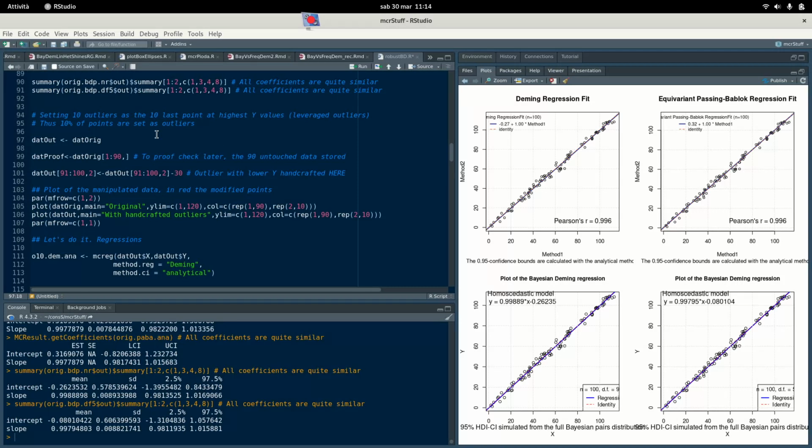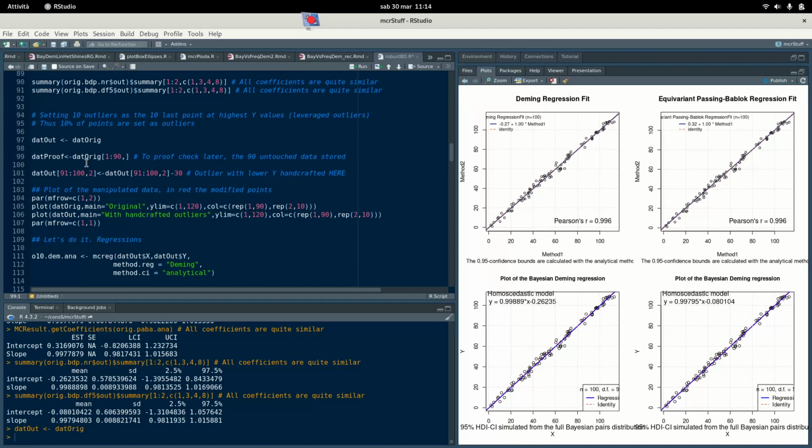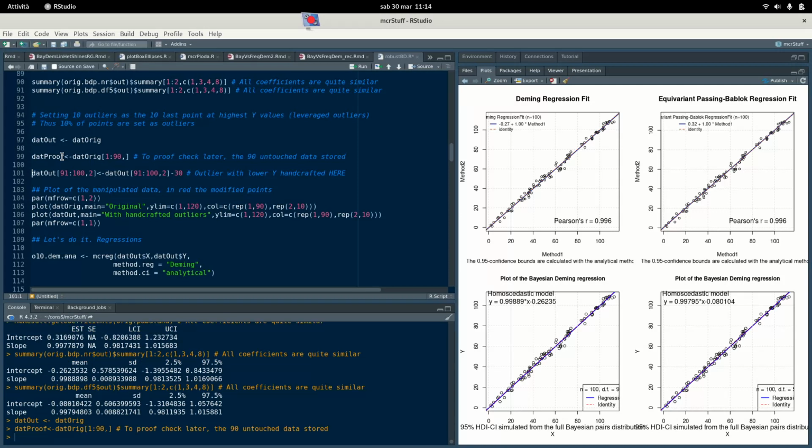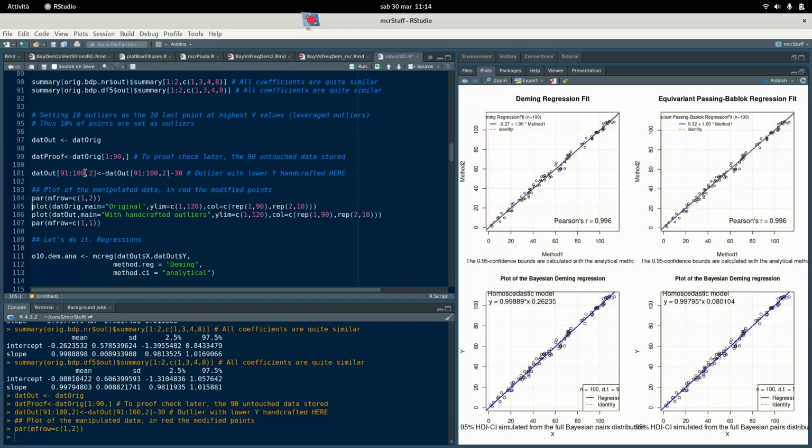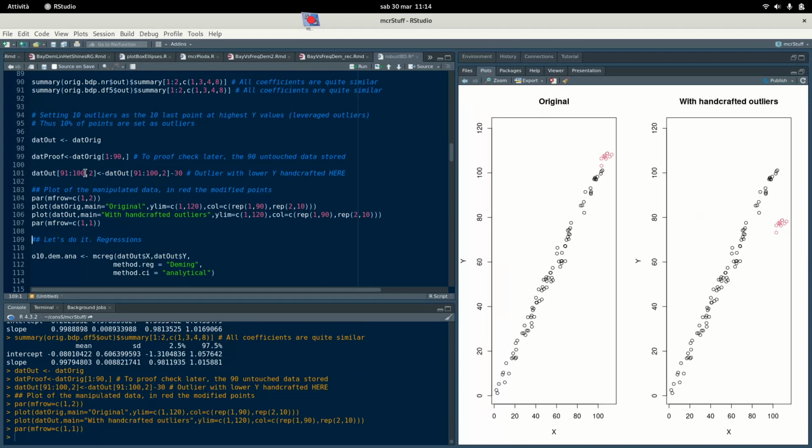So to do that, first I make a copy of the data, and I just keep the very first 90 data separated, so I can double check another time with only those data. And here is the step where I drag down the y by 30 units. Okay, so now if I plot the data, you see that those red data have been moved down by 30 units,